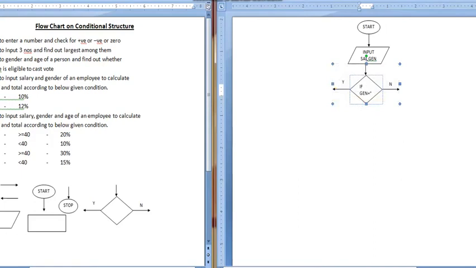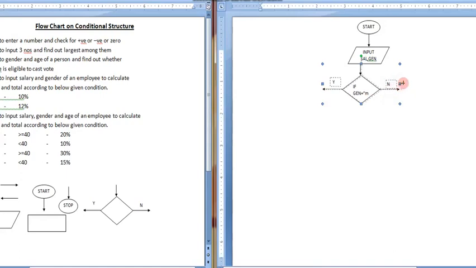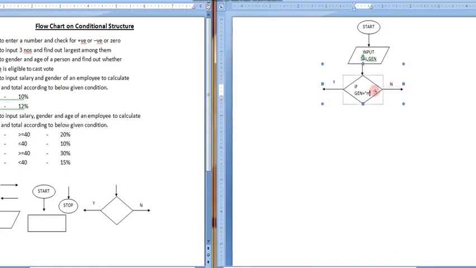I told you if anything is a string, a character, you have to keep it within double quotes. So put double quotes here. Capital M or small m, anything we can specify. To look nice, I'm giving capital M here.